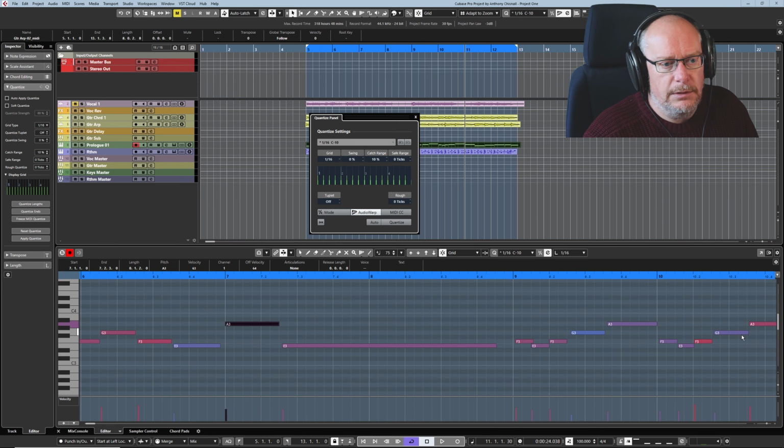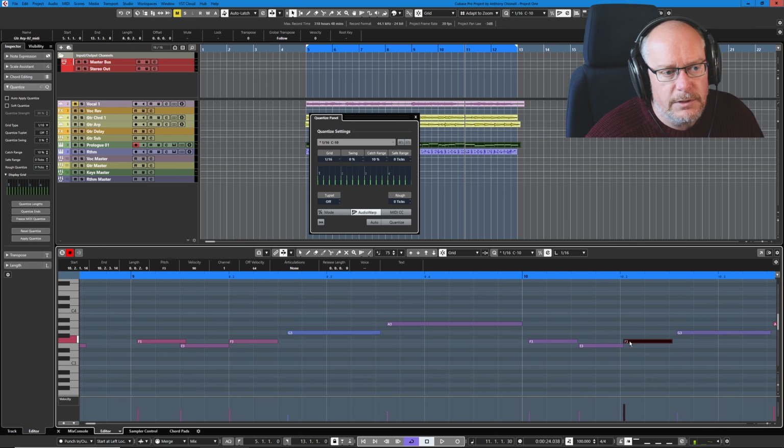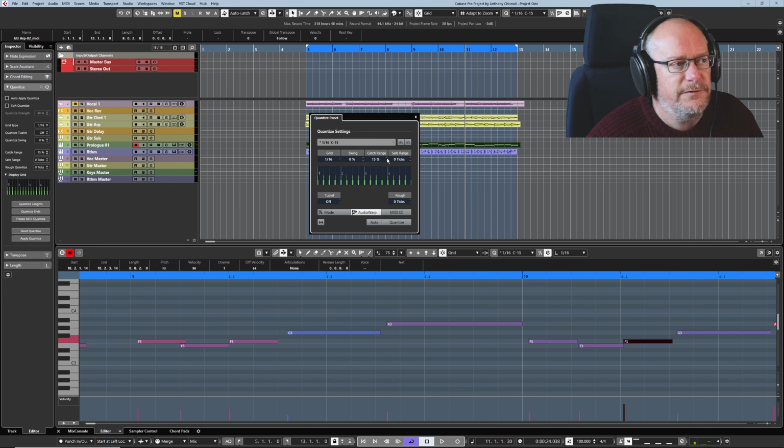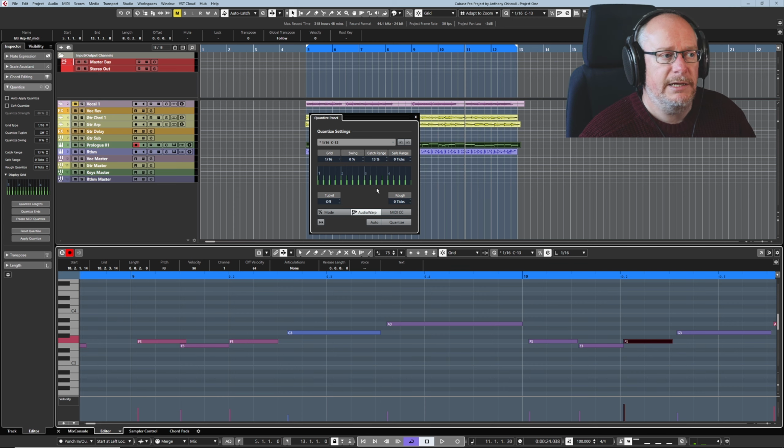And so I did a little practice earlier on these two notes to find out what the values were. This F3 here turns out to be 13% away from the current quantize level. So if I set my catch range to 15% and quantize, the note moves. Just undo. Set my catch range down to 12%, quantize, the note doesn't move. So at 13, that's the minimum amount of catch range, this little green zone, that's required in order to move